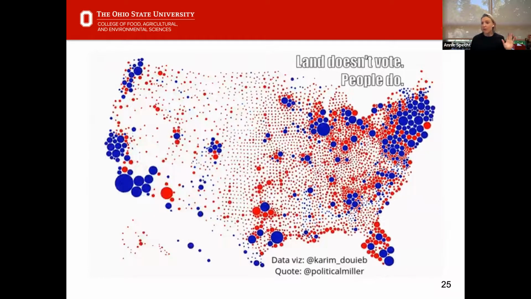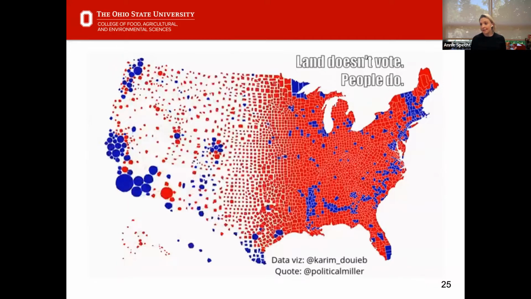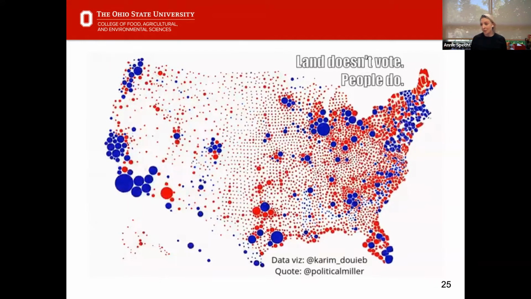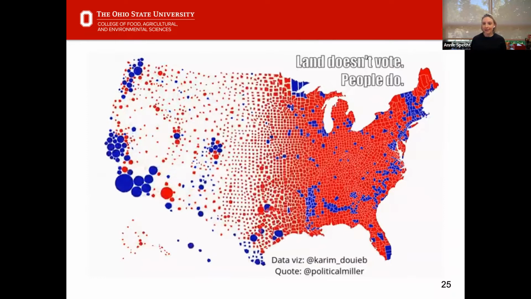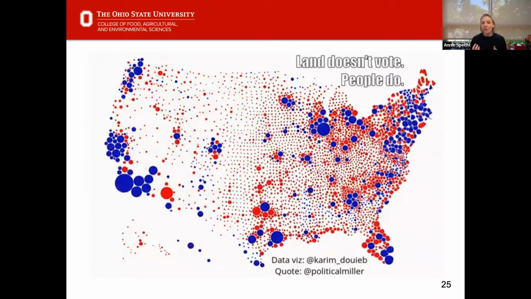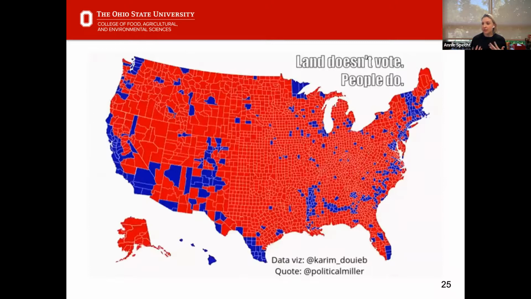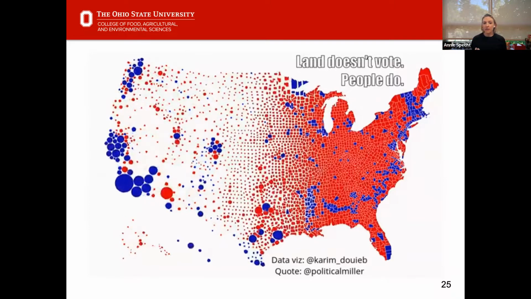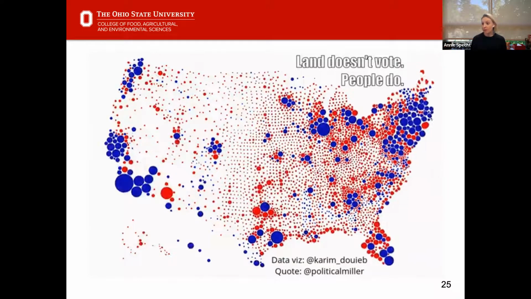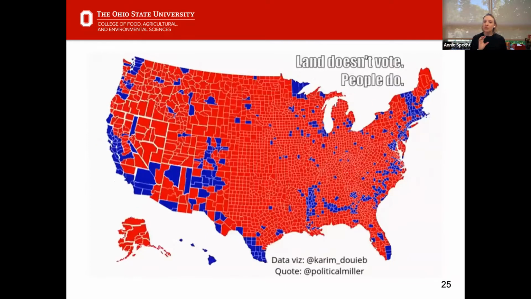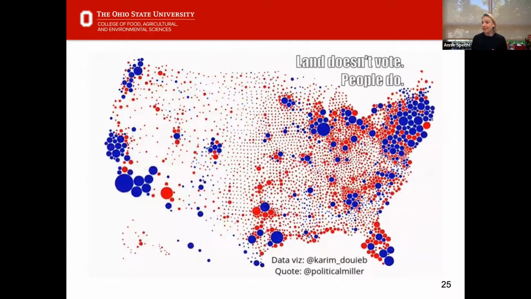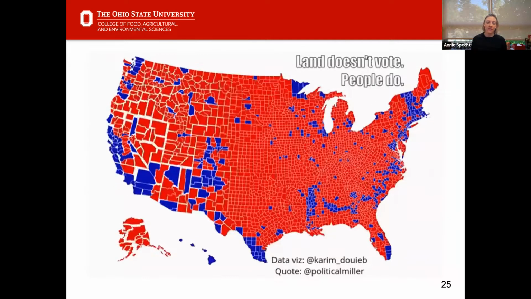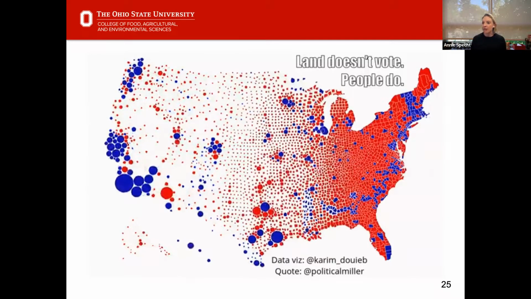So that county in Wyoming that has 8 people in it is not going to generate the same number of votes as a county in Southern California or a county in New York. And so some data scientists put together this bubble graph that better demonstrates the distribution of votes. And what you see here is that the country was a lot more politically split than it appears when we just look at the county level data,